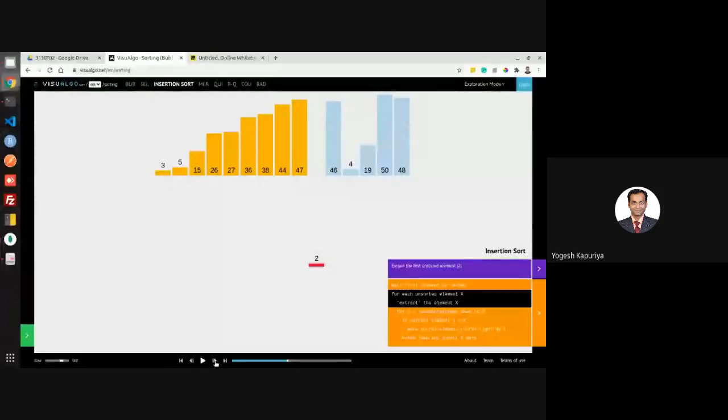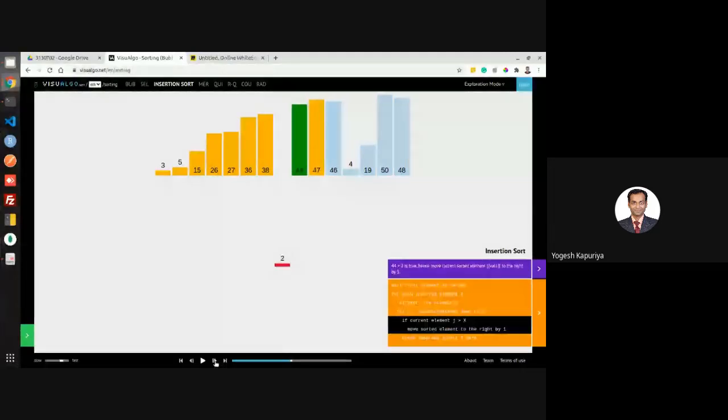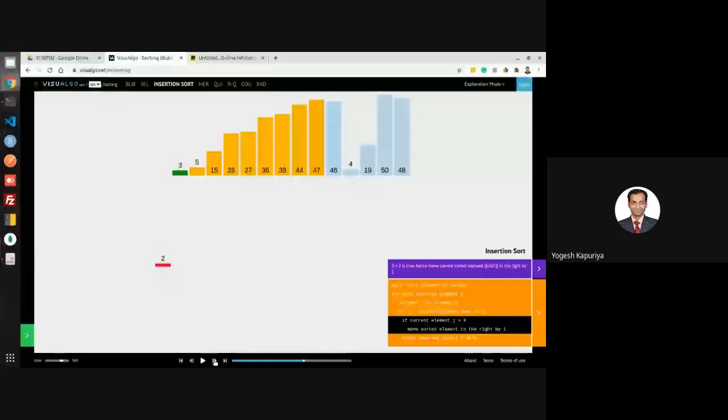See, 47 and 2 will be compared, 44 and 2 will be compared, 38 and 2 will be compared. Next, next. Now remember you are at the first position. That means there are no elements. So when you reach this position also, your loop or comparison should stop.